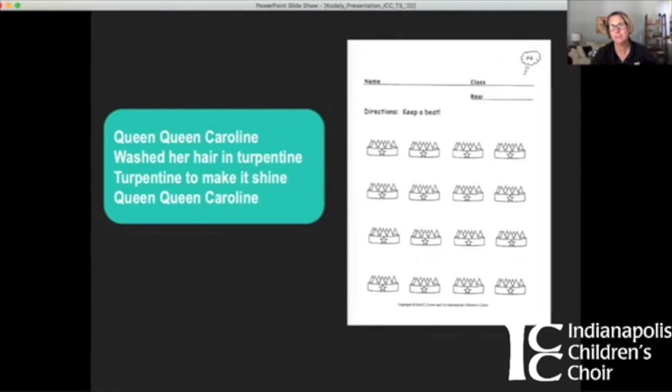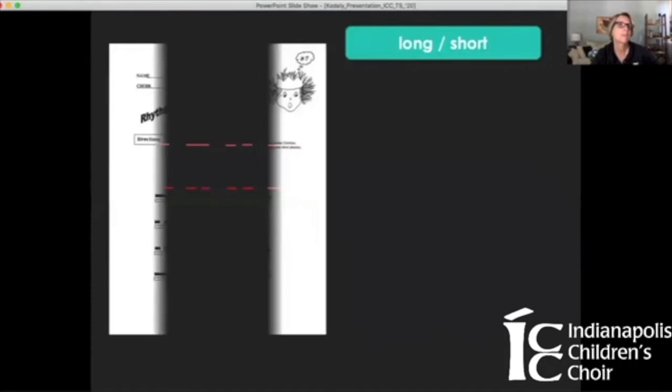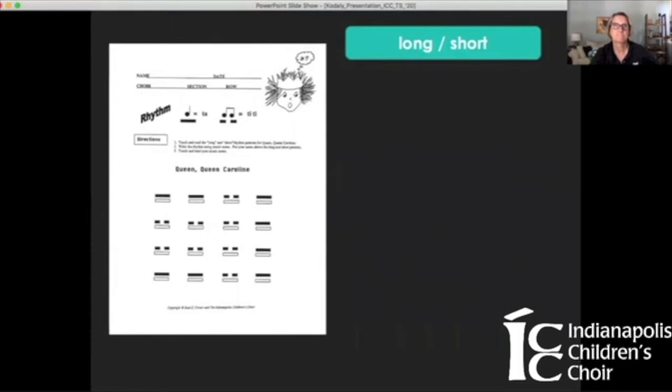When students are comfortable doing these in different formats, with different songs, different chants, different games, then lo and behold, we begin to talk about long, long, short, short, long, or ta, ta, ti, ti, ta, or ta, ta, ta, di, ta, do, do, do, day, do, whatever you choose to use. Once again,